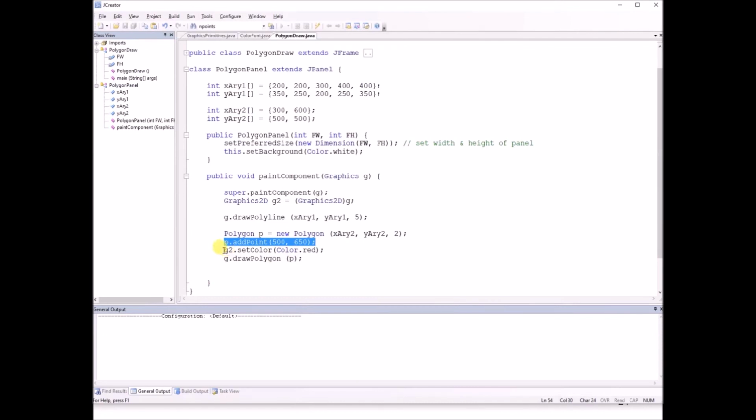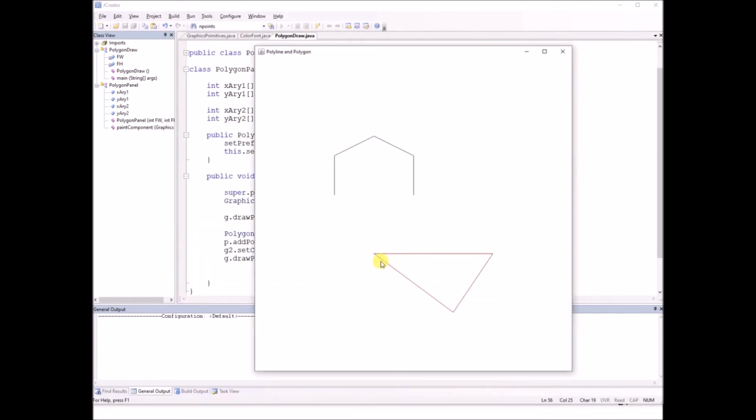And then we set the color, because we want to draw this polygon in a different color. Again we use the constant red from the class Color, and then we call the method draw polygon by the graphics object, and we are passing the object P to this method. This is going to draw the polygon which has 3 points. Initially we create with 2, then add one more point, in the red color. As you can see here, this polygon has 3 points, x1, y1, x2, y2. Another point was added, something like x3, y3.